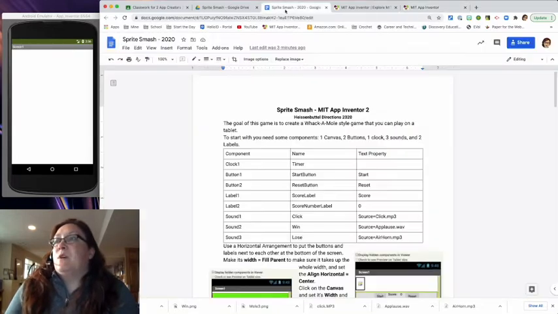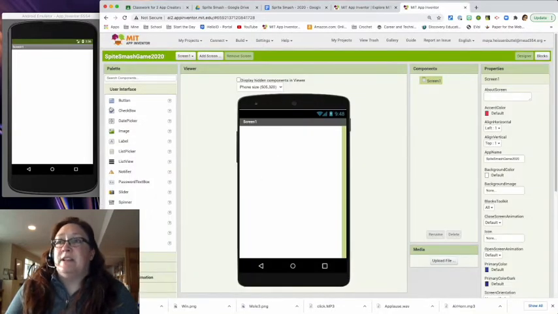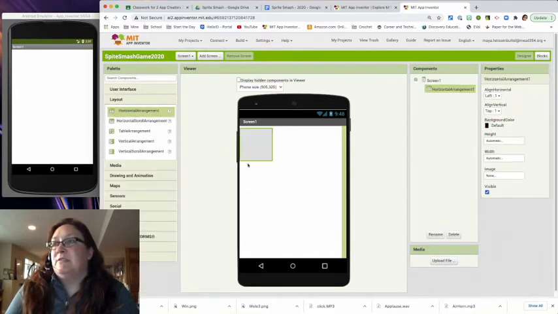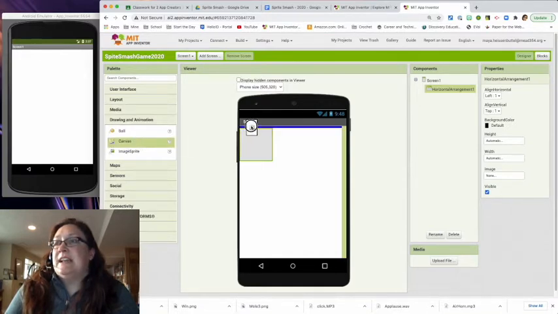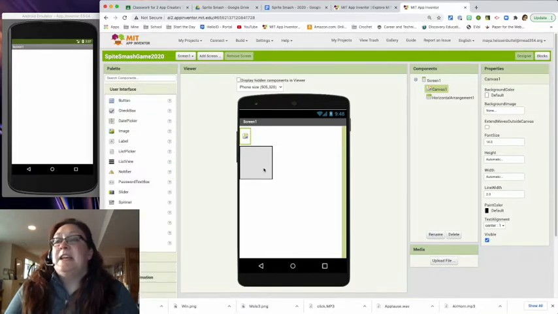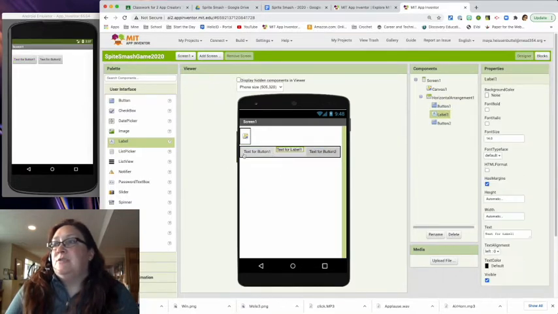So I want it to look kind of like this, where I've got those lined up down there at the bottom. I find it easier to start with an arrangement. So I'm going to go down to layout, and I need one horizontal arrangement. And above that horizontal arrangement, I need a canvas. There we go. So now I can go back to user interface, and I'm going to put a whole bunch of stuff into that arrangement. I need 2 buttons, and I just set them right on top of each other to get them in there. And I need 2 labels,